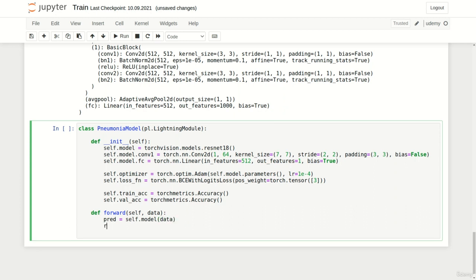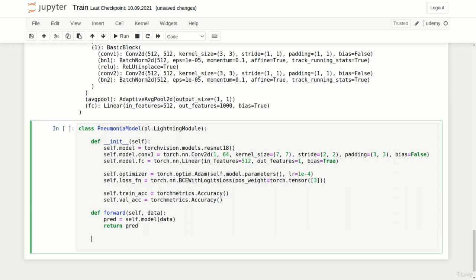Now all we have to do is to return this value. Awesome! In our case, that's already it. We successfully defined the forward function. Alright, now we are ready to define the heart of our training routine called